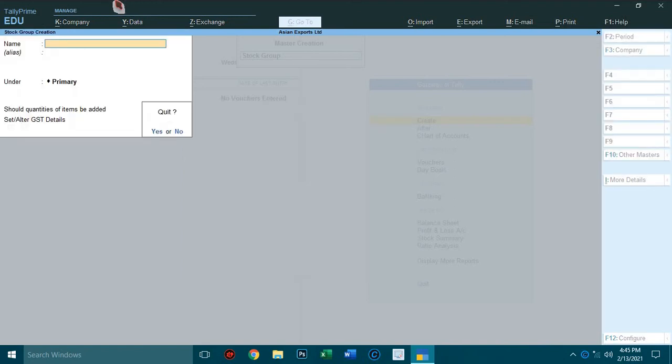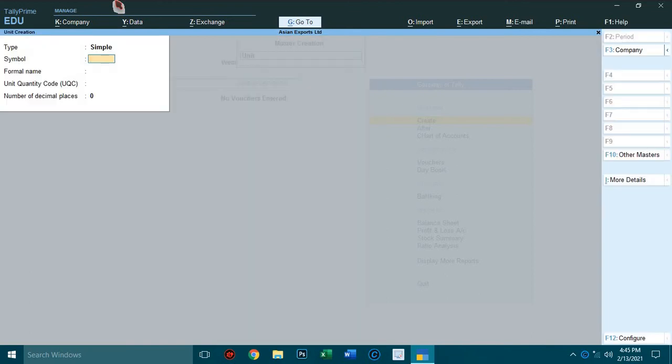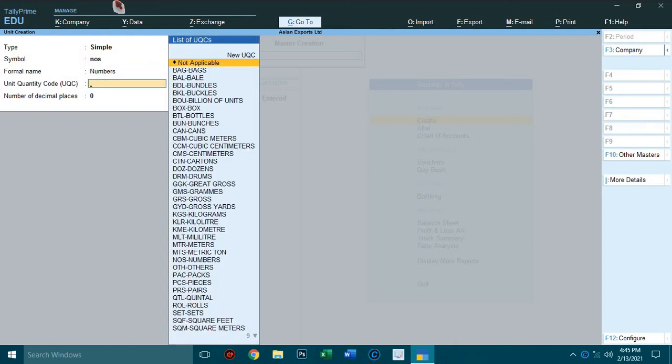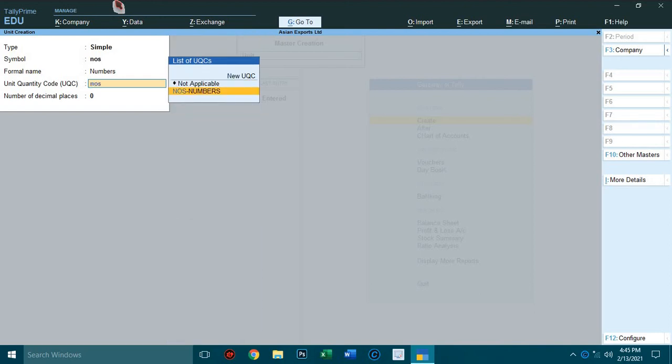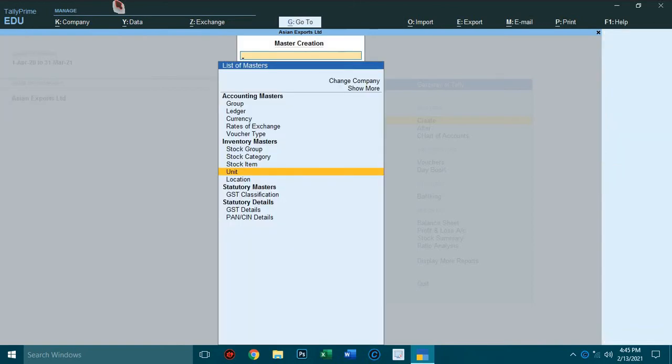Accept. Escape. So select unit. Symbol NOS. Formal name, full name of NOS, numbers. Unit quantity code, select NOS numbers. Number of decimal places 0. Accept.